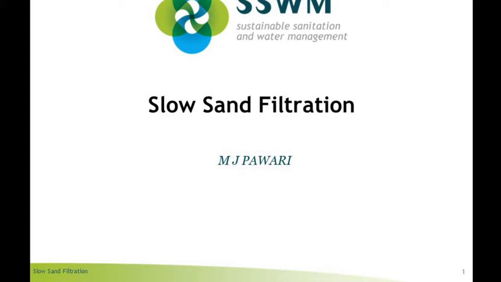These sand particles are very fine, with sizes varying from 0.20 mm to 0.30 mm. Fine sand is more effective at removing impurities from the water, but the important thing is that the time required for this process is too long and the process is slow. You can reduce the depth of the sand filter and increase the rate of filtration, but that will also affect the efficiency of the filter and the quality of the water. So that is the slow sand filter and the different parts of the filter.